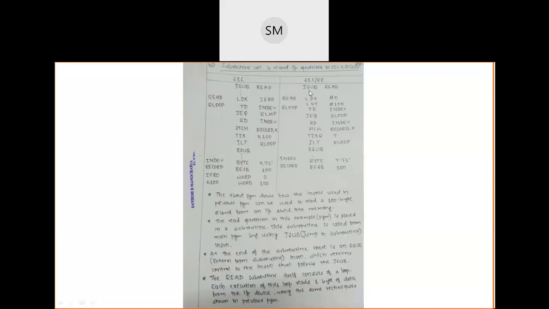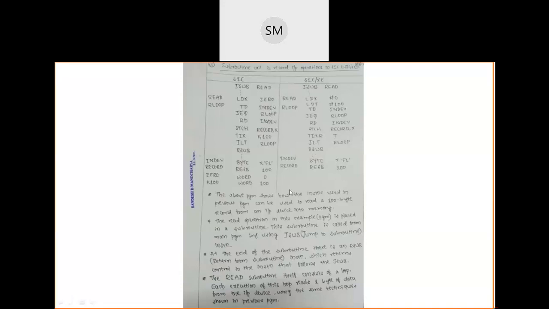With the help of the linkage register, control goes back to the instruction which is next to this JSUB. After execution of return from subroutine, control goes back to the instruction next to JSUB, and again it continues its execution in this routine.